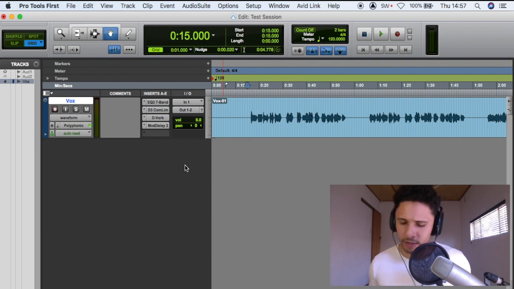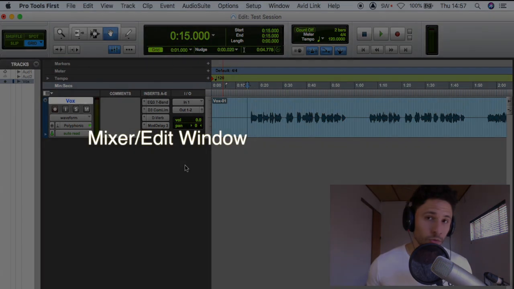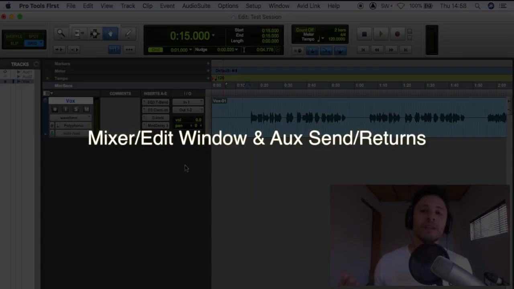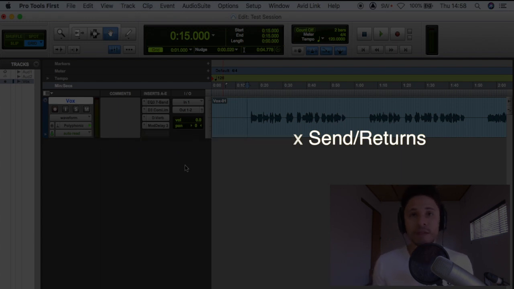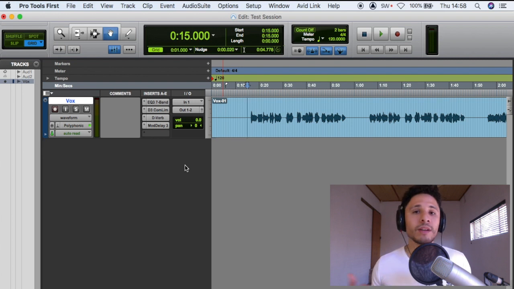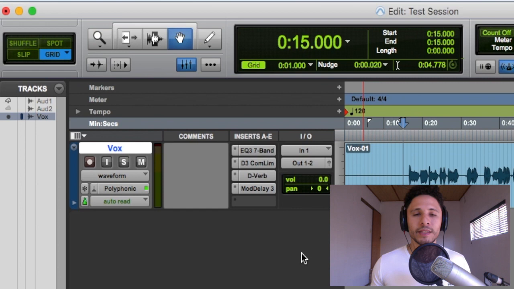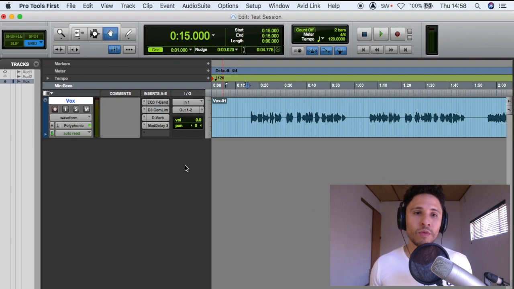So the next criteria we're gonna look at is the functionality of the DAW. Specifically for me, I've broken this up into two sections. Number one, the mixer window and editing window, and also does the DAW have auxiliary buses or some kind of send and return mechanism, because we're not actually allowed to put reverbs and delays directly on the audio track as I've done here. We are supposed to use aux buses to do that, so I'm going to show you guys that. So first off, let's check if they actually have a mixer window